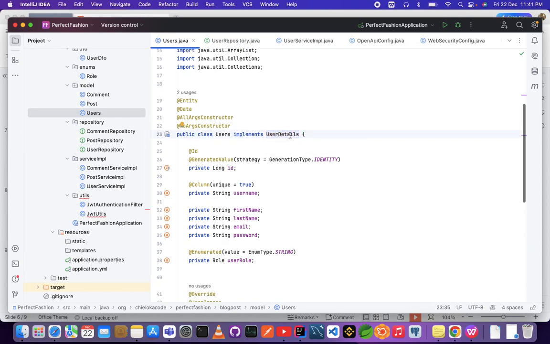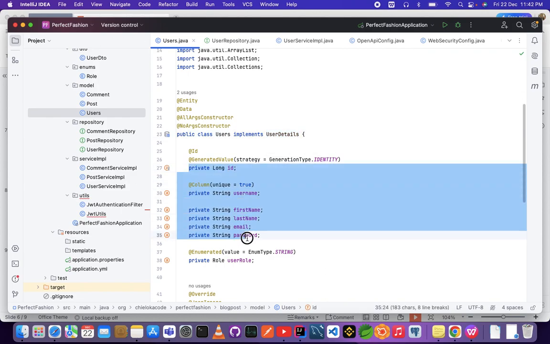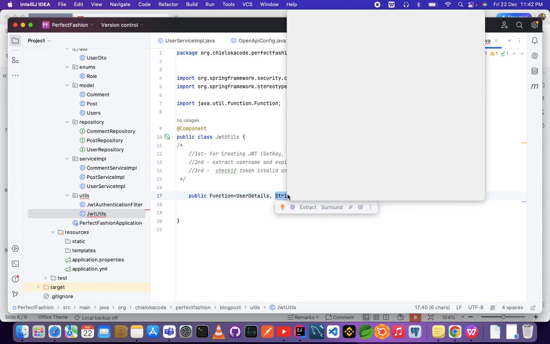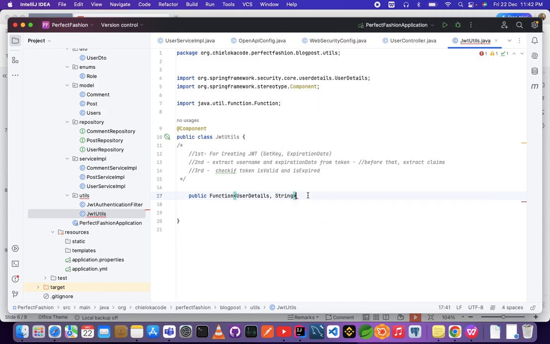This UserDetails, as we have said before, is used to contain the username, first name, last name, email, password of the user. So this UserDetails contains all this information from the user. So we are using that information from the user to now create the token for that user. So create, this is the function name equal to, so we're taking in user details,